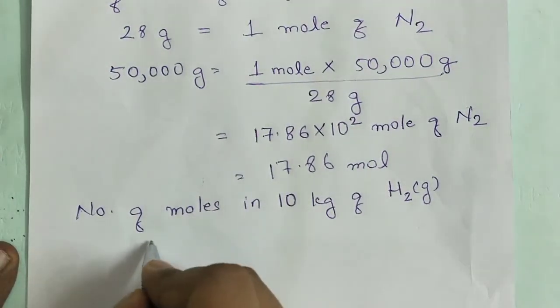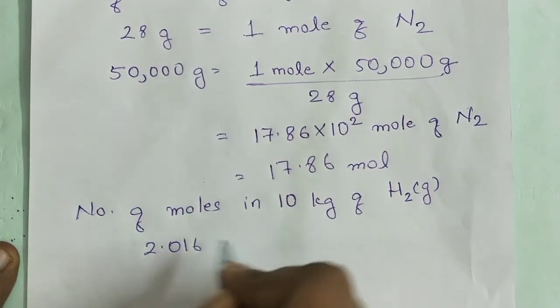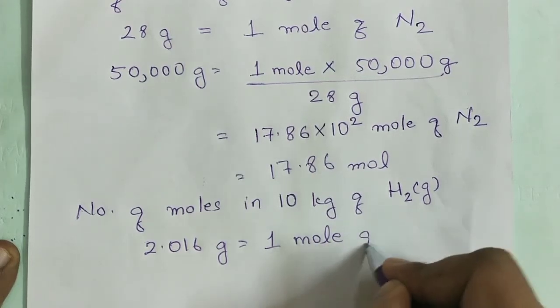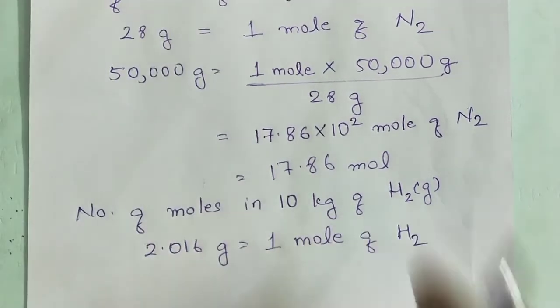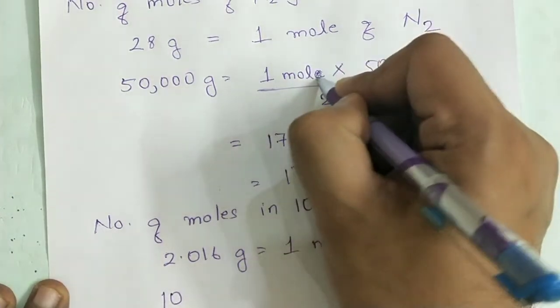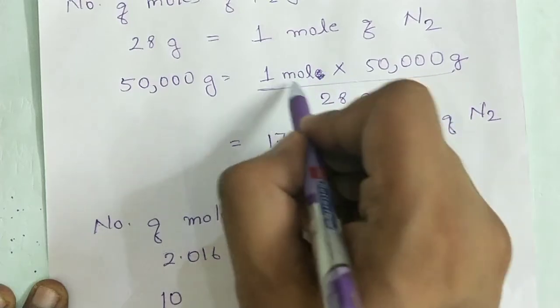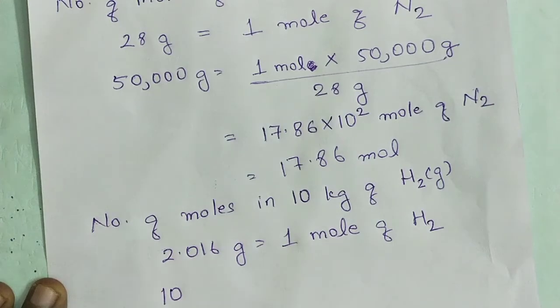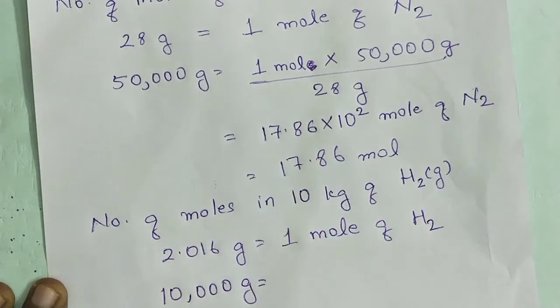So 2.016 gram equal 1 mole of H2. The atomic mass of hydrogen is 1.008. So if you multiply that by 2 for H2, it will be 2.016. So 10 kg means 10,000 gram. When we are dealing with the equation, you will use the SI unit, not the complete mole. So we'll come back to here. So 10,000 gram of H2 will have